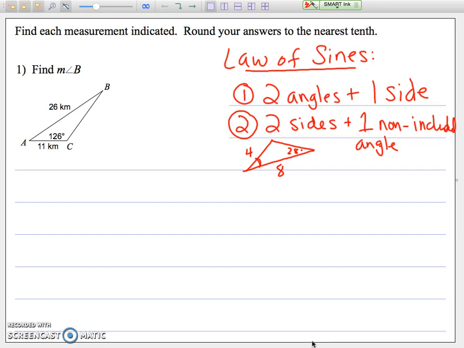Another situation is if you know two of the angles and one side. If we look at our example in number 1, we can see that we know this side, we know this side, and we know this angle right here, which is not included in between the two sides. All right, so the rule